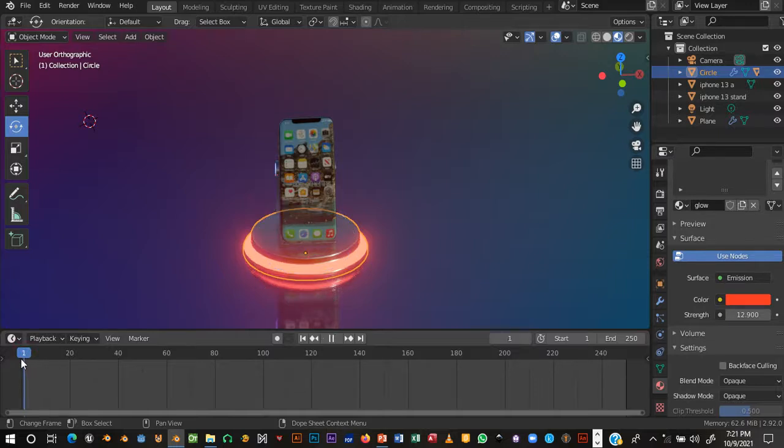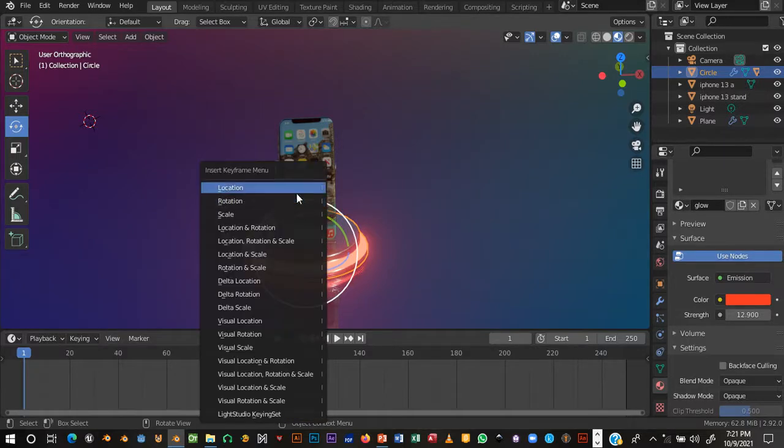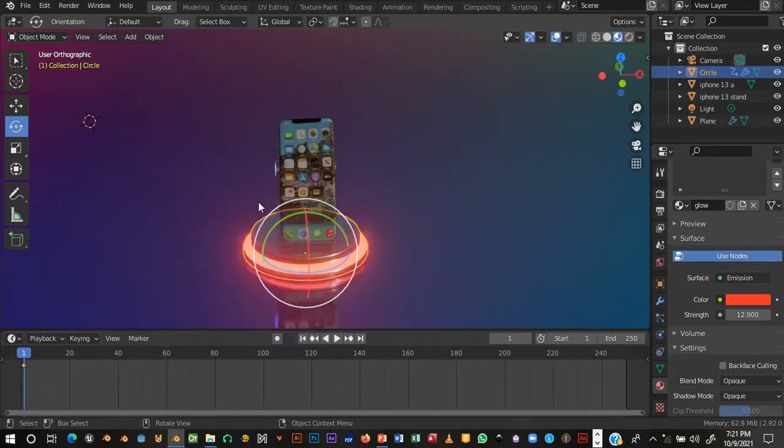If I want to animate normally, I will go to the first frame and say, in the first frame, I want you to remain here. So I'm going to press I here. The shortcut is I, and click on rotation. The rotation, I want it to be like this. Then I want to say when you are in the 100 frame,